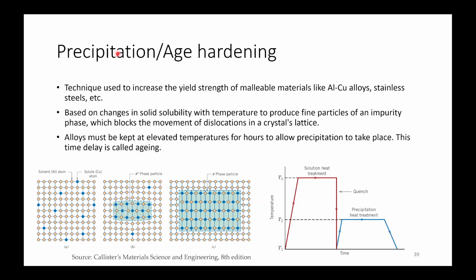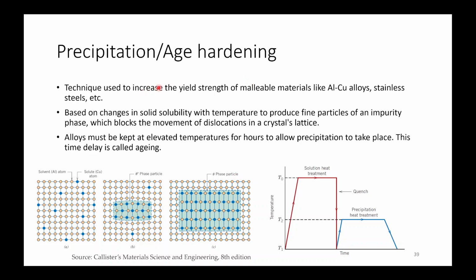In that case, we'll be introducing some dispersoids, which will be oxides or some ceramic particles, in a metal matrix, which will again lead to dislocations being hindered by those dispersoids, as we are seeing being hindered by these precipitates that are forming here. So in case of precipitation hardening,